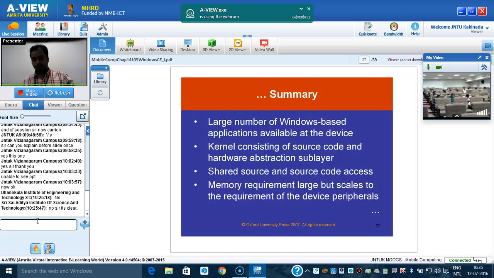This kernel basically consists of your source code and your hardware abstraction layer. So you have two layers: the kernel source code, and above that the hardware abstraction layer. I already told you what the hardware abstraction layer does. So the porting and scalability of your kernel source is easy if you have some kind of abstraction layer. So if you want